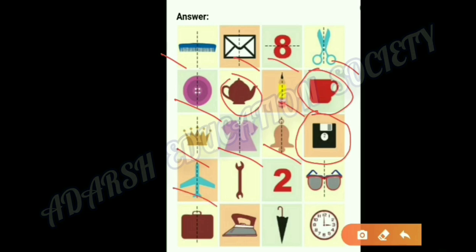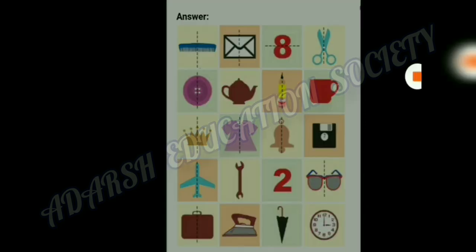Aeroplane, do a vertical line. Here you have to do a dotted line. Okay. Next picture, we can't make two similar parts. Next picture, we can't make similar mirror halves. Next, yes, vertical line. Suitcase, yes, vertical line. Iron, umbrella and cloak, we can't make similar mirror halves, so we don't do anything in these pictures. Okay, now look at your text.